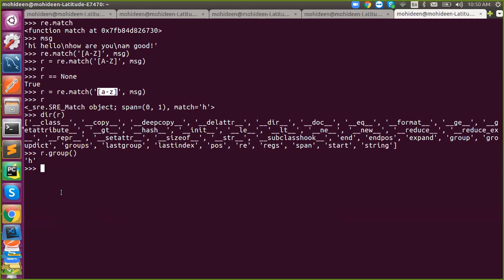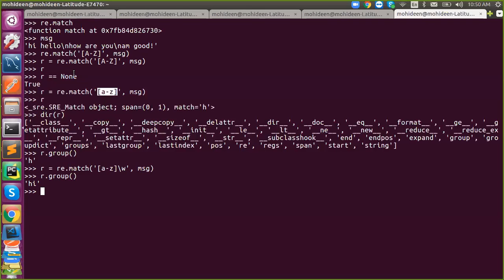That is about match. And if you want a complete word, you have to say \w and say .group. Understand? I told you \w means a complete word till the space occurs. So this is the way to frame your patterns.